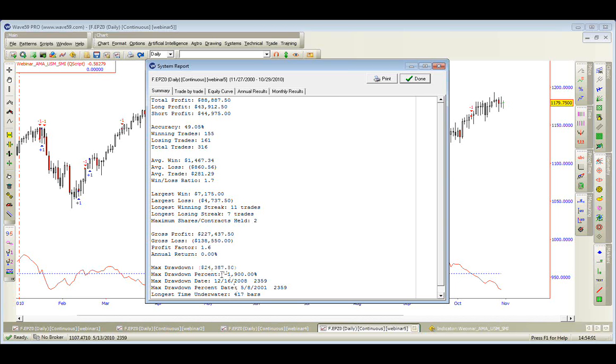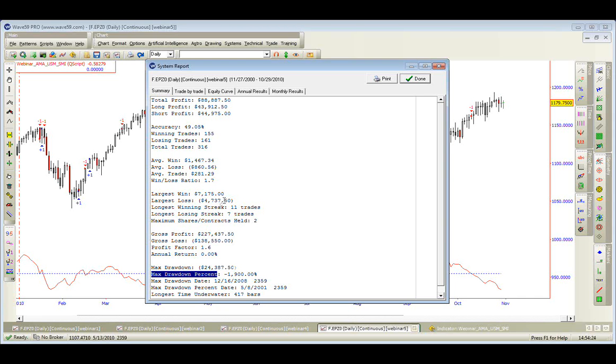However, the 1,900%, that's not what really happened. We could go back and change our initial account size and play with these numbers. It's akin to playing with the leverage. It's just which side you want to increase: the amount that you're starting with or the amount that you're trading each time. Now, one of the most important things on an entire systems report, this is what Eric Bean says,